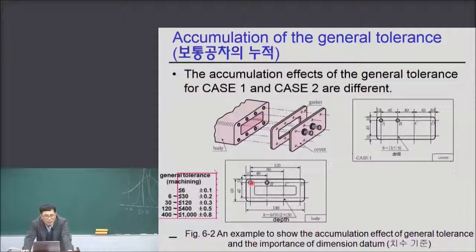Now, looking at the dimension 120 of the body, since A to D is directly dimensioned like 120, it is not accumulated. Just 120 is between this range, so plus minus 0.5 is applied. So in the worst case, if A to D, the dimension is 120 minus 0.5, and in this case, A to D, the dimension is 120 plus 0.9,